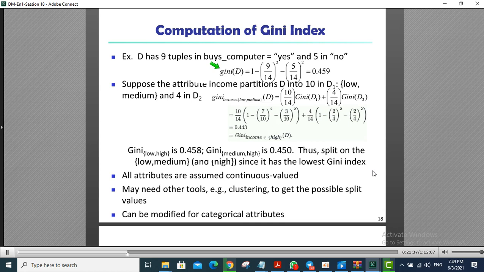For example, if I apply the Gini index calculation for our last example, in the last example we have two classes. 9 tuples are in class yes, buys computer, and 5 tuples are in class no. So the Gini index of dataset D is 0.459, and if I choose Gini index for the income attribute,